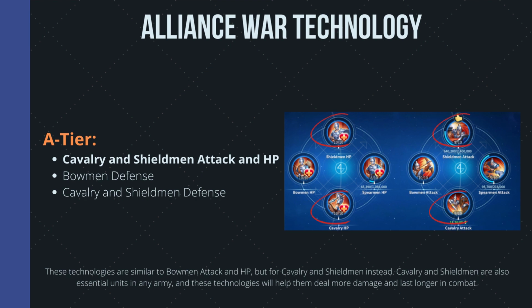These technologies are similar to Bowman attack and HP, but for Cavalry and Shieldman instead. Kind of self-explanatory, makes sense. Why you want to do Cavalry and Shieldmen is because these are more significant, more important troops than Spearmen, which are going to come later. These technologies increase your damage dealt and your HP, giving you more